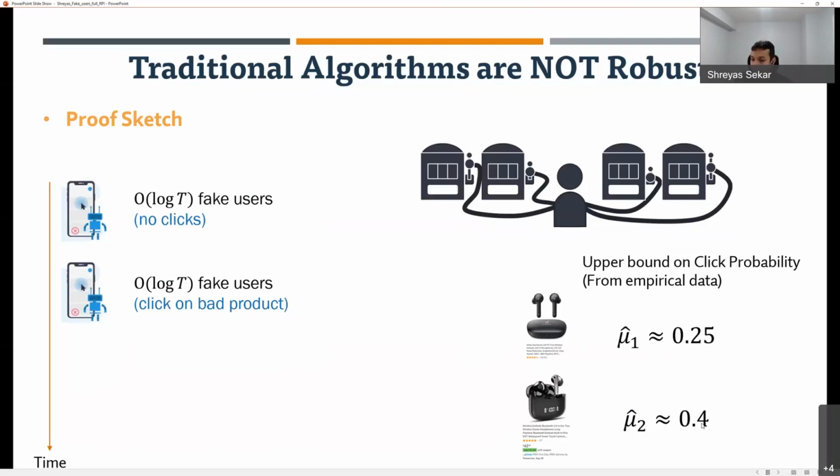Now this is a problem because once it's made these estimations, it's going to start ranking the bad product on top. Now, when my real customers arrive,